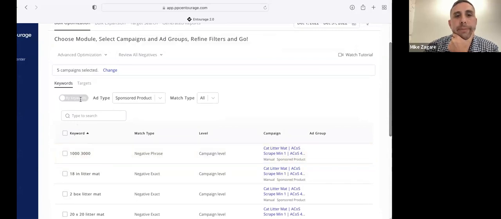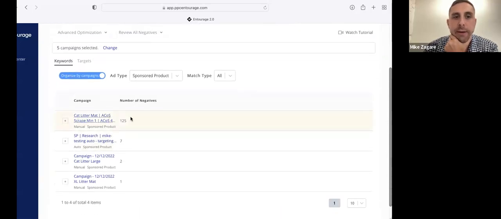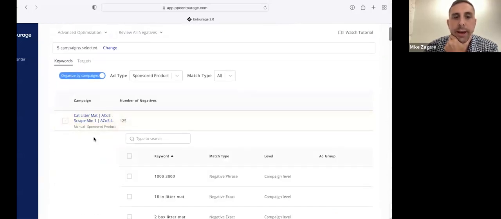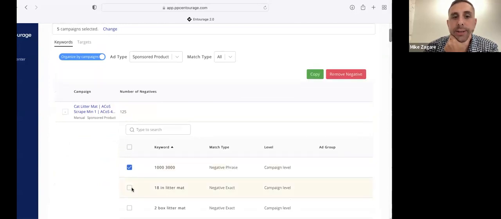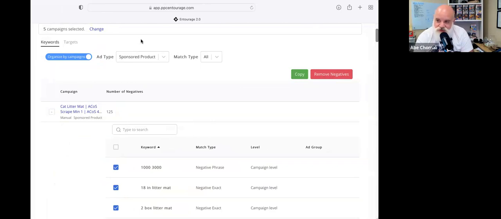Of course, this is just listed all together, but I can organize that by campaign. You can see here that this campaign has 125 negatives, and the action step here would be to review these negatives and also to potentially remove them if it's something you think is not good to have in there. So this leads me to a few questions. The first question is, are these all the negatives in a